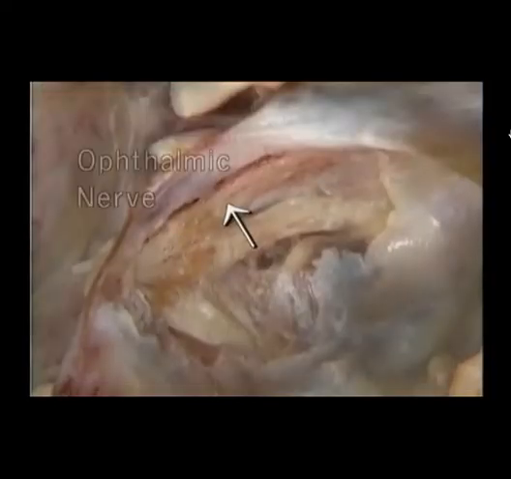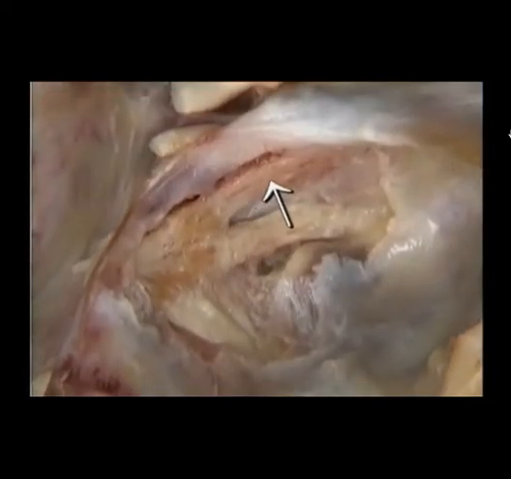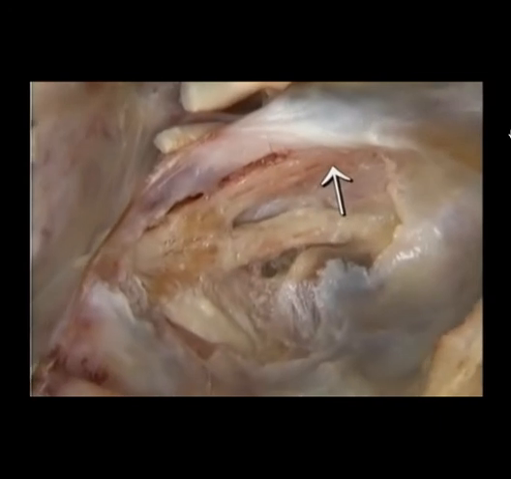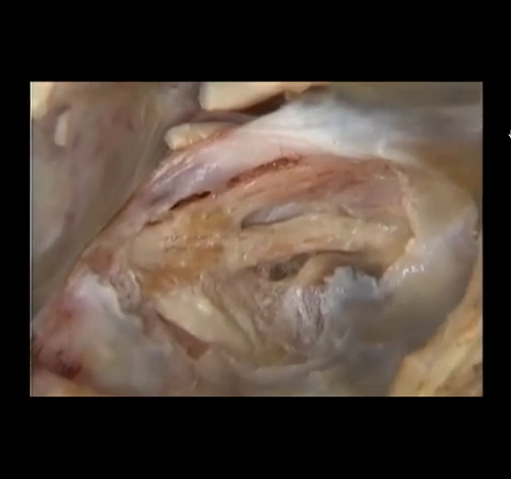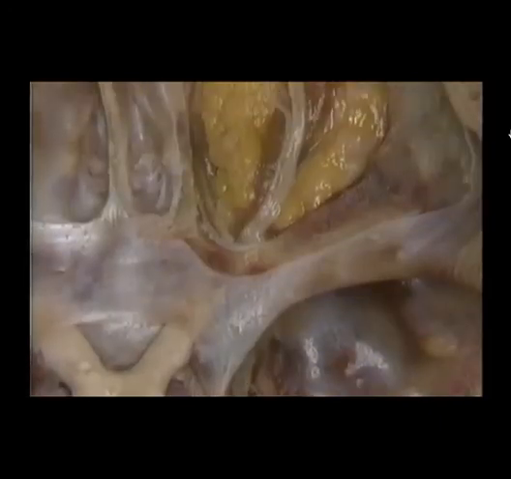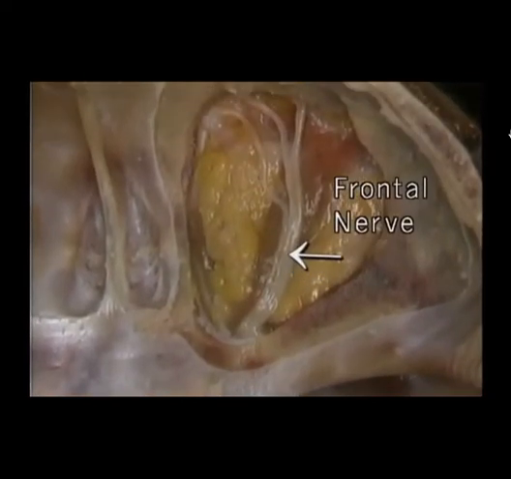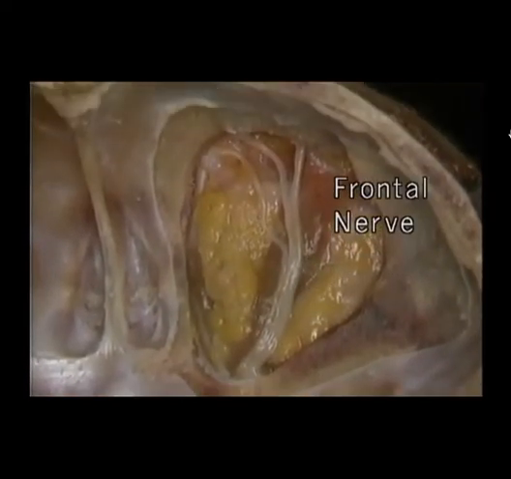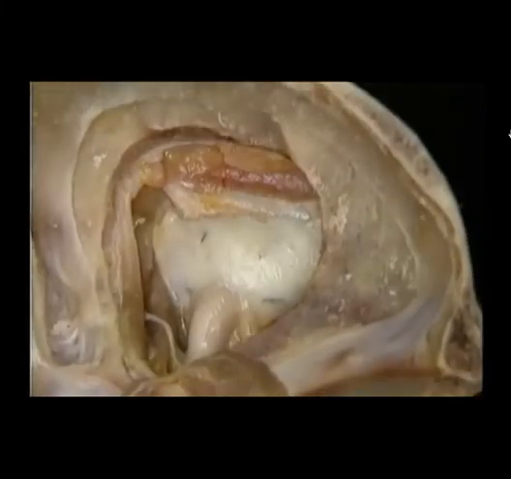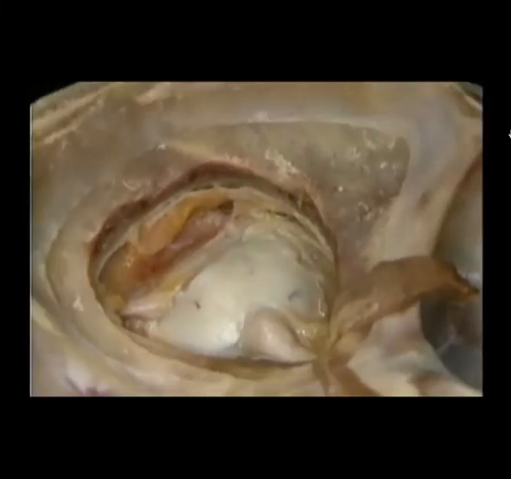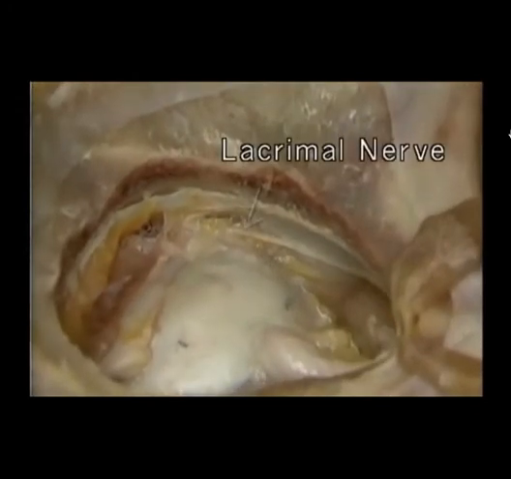The first branch of the trigeminal, the ophthalmic nerve, passes forwards through the superior orbital fissure. As it passes through the fissure, it divides. It gives off the frontal nerve, which runs just beneath the roof of the orbit. It divides into the cutaneous branches which go to the forehead. In addition, the ophthalmic nerve gives rise to the lacrimal nerve, which supplies the lacrimal gland,